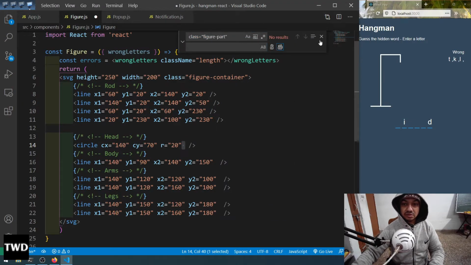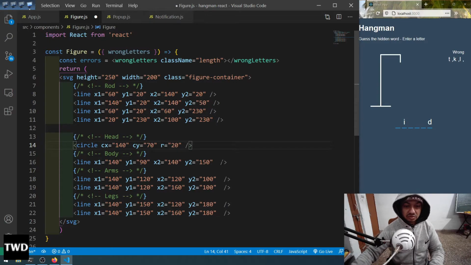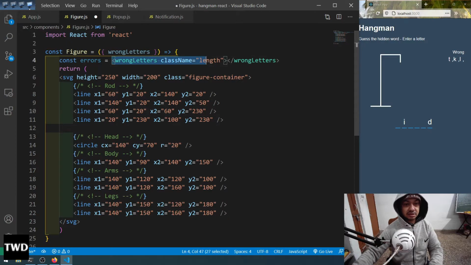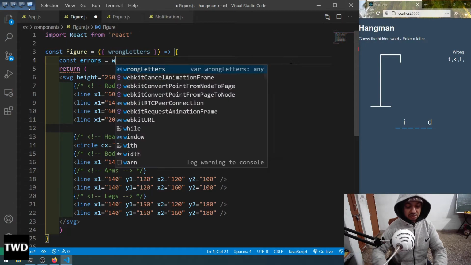Let me replace it because we are not using it anyway, so it will necessarily create a problem. Actually there is something in the CSS for this, that's why it is not showing. But we are doing it the React way. So what is the React way? If the errors... oh, why has it done this thing like that, wrong